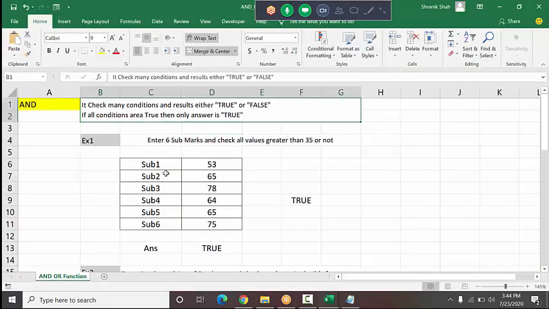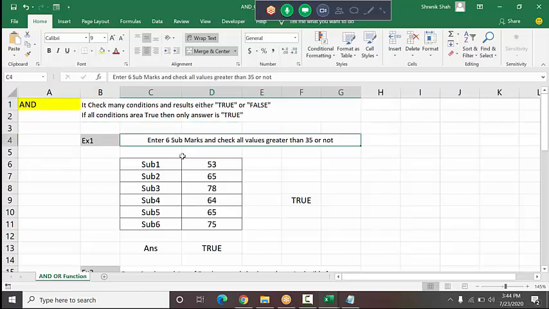So here is one AND function. The AND function example given is: enter marks of 6 subjects and check that each value is greater than 35, then only the student is pass.